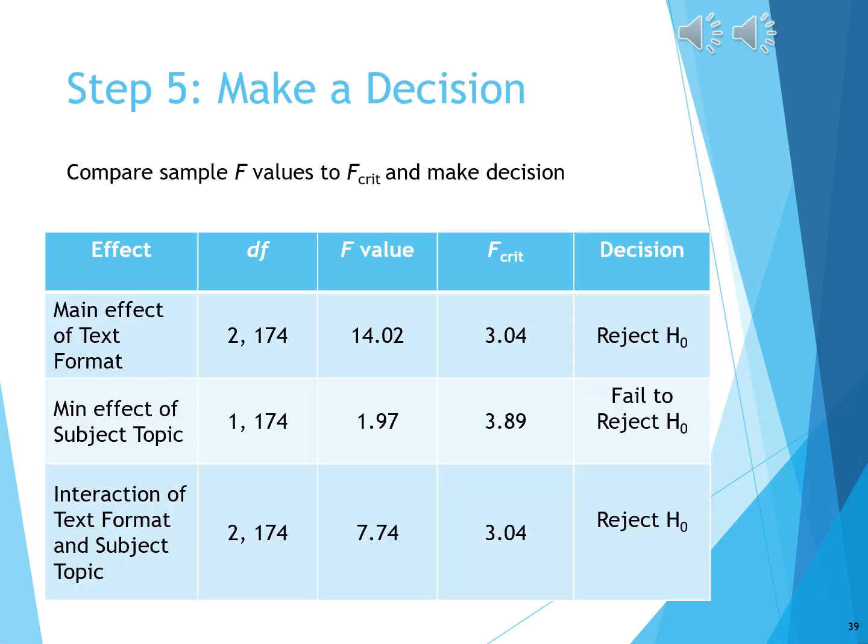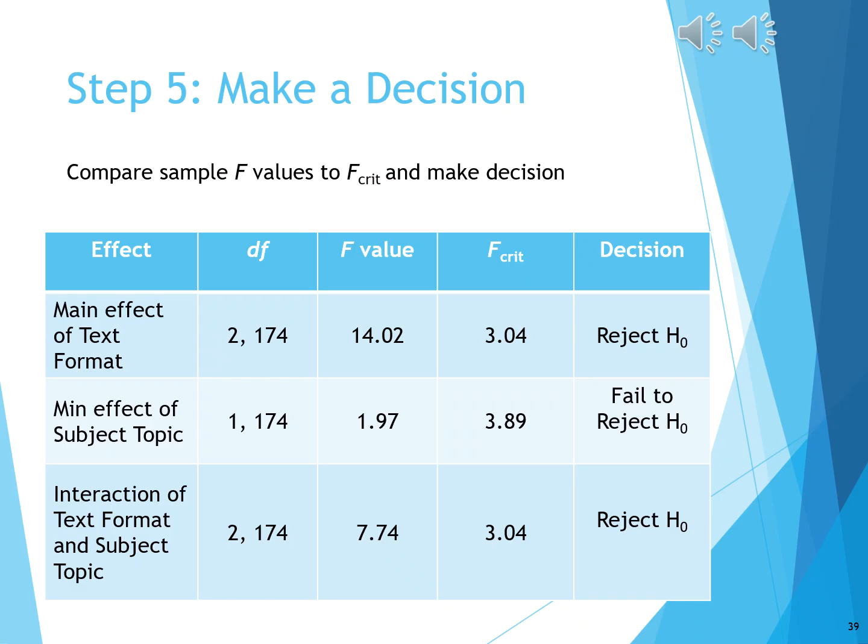All right, so we conducted those 3 different hypothesis tests, and I put all of these results into a little table to make it a little easier to interpret what's going on. So in the first row, we've got the main effect of textbook format. You can see that we've got different degrees of freedom, different F values, F critical values, and then the decision to make based on the comparison of the F value observed versus the F critical value, right? So for the main effect of text format, we can see that it has 2 and 174 degrees of freedom. The observed F value was 14.02, and the F critical,